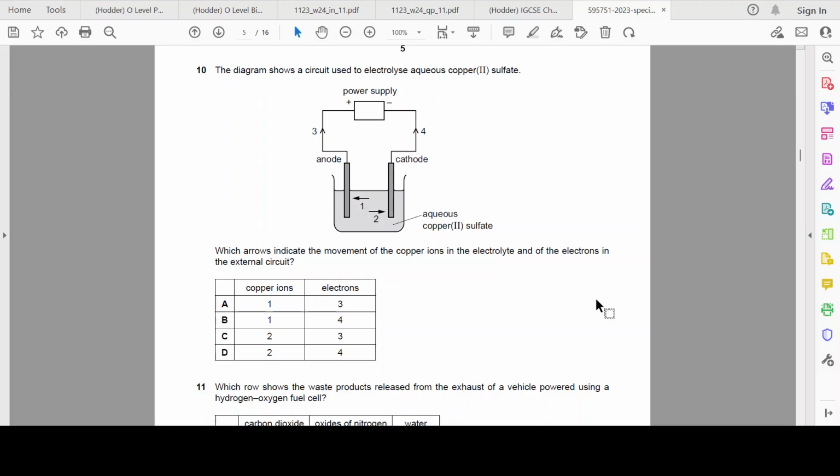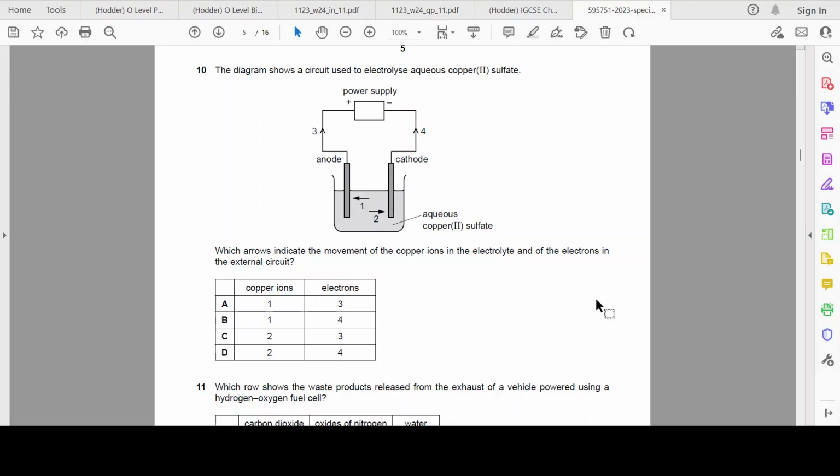Wait, is it D? It's not D. Okay. Electrons in the external circuit. So, a bit of physics over here. Electrons in the external circuit move from the negative terminal to the positive terminal, right? So in this case,